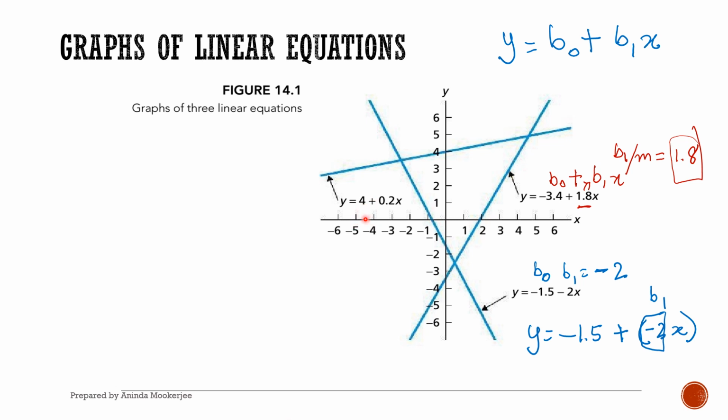Now, again, what is y-intercept? Y-intercept is where the line crosses the y-axis. In this case, the line is indeed crossing the y-axis at 4. Correct? That's what b sub 0 is. For this line sloping up, also the first line that we looked at, it crosses the y-axis somewhere between negative 3 and negative 4. This is the point where it crosses the y-axis, correct? And it has negative 3.4 as its intercept, and that's where we see in the graph the line cuts the